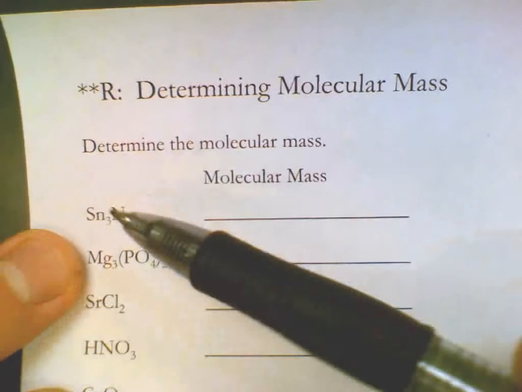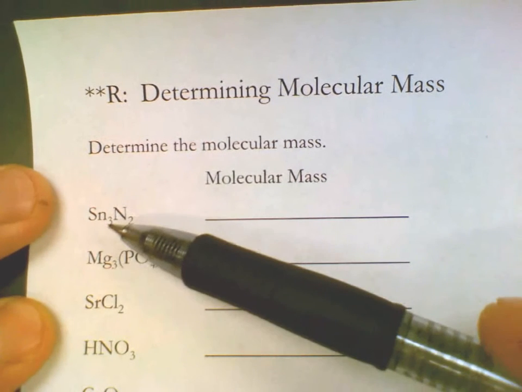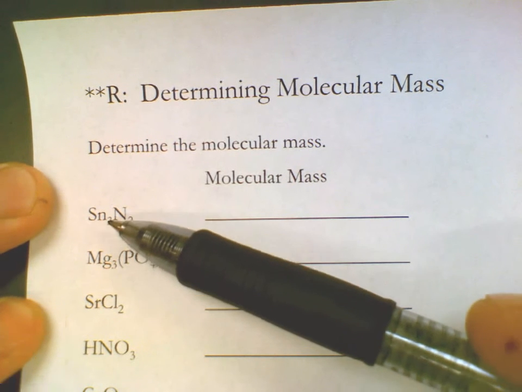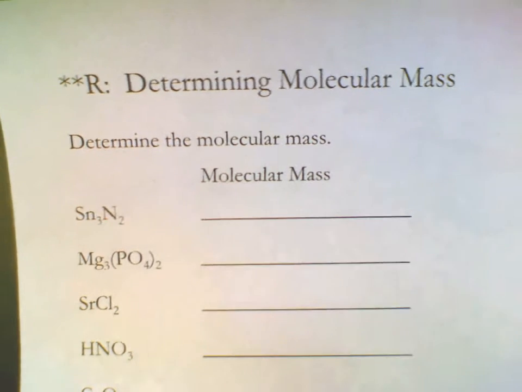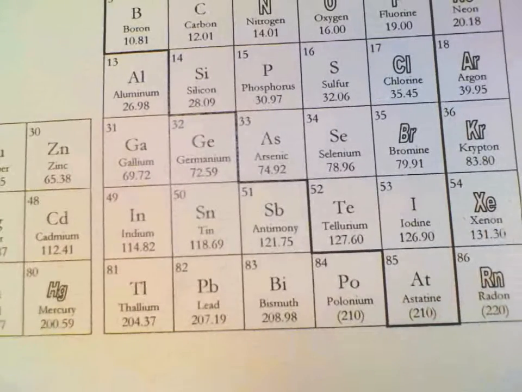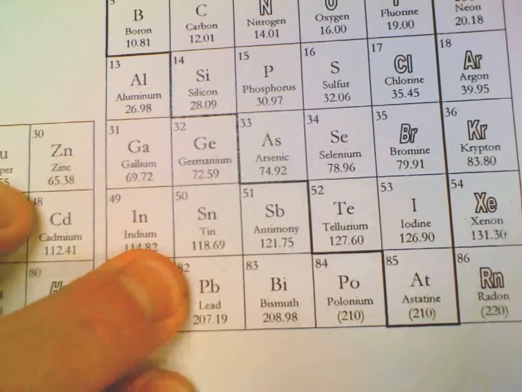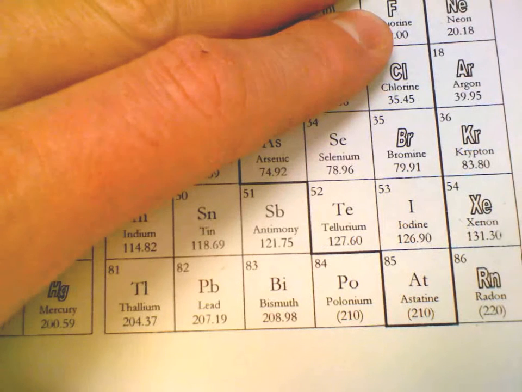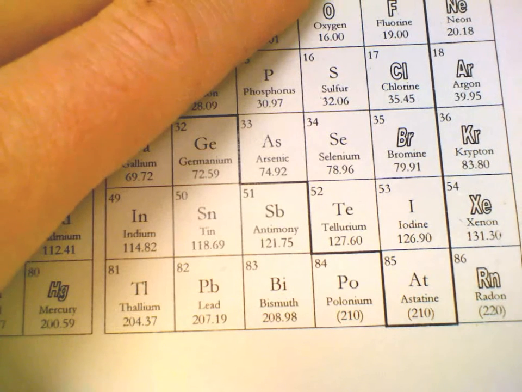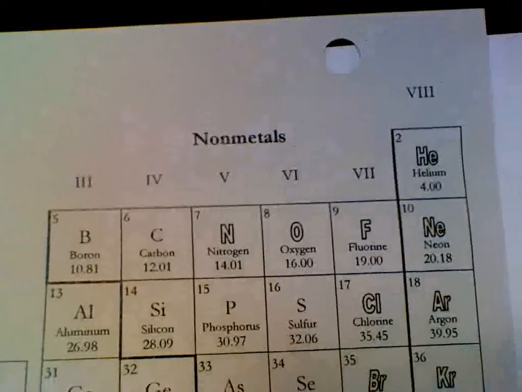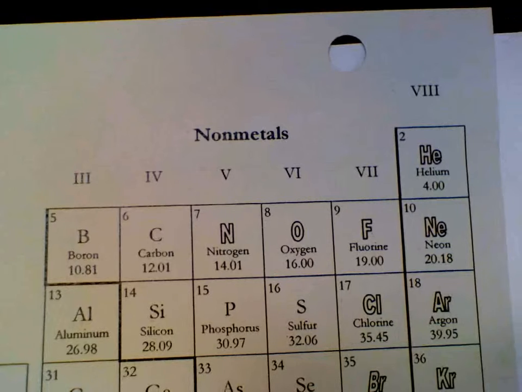So in this formula, the subscript 3 is telling us there's 3 copies of tin. The subscript 2 is telling us there's 2 copies of N, nitrogen. Using these subscripts and these symbols, we can look up the values of each of these atoms. On my periodic table, I can see that tin has a value of 118.69. I'm going to write that down, and nitrogen has,